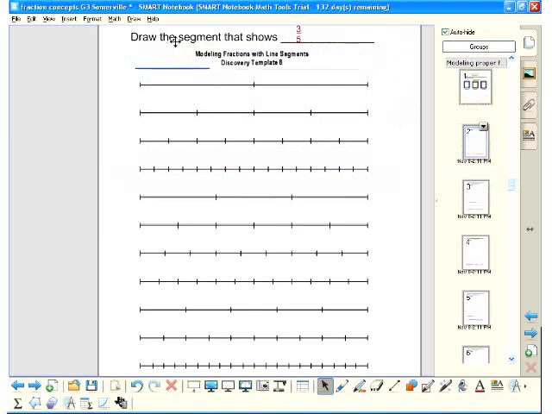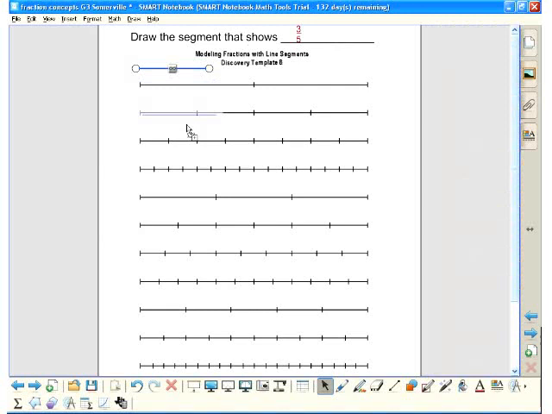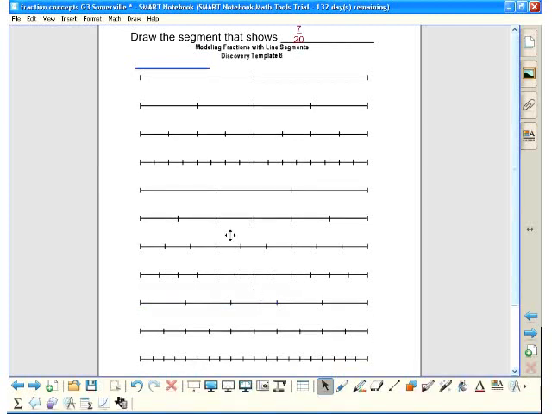And again, you can draw a segment that shows 3/5. What I would do is have the kids realize that if I'm on fifths, that must mean the line I'm going to choose is divided into fifths, and I would draw 3 of them. Then I would go to the next one, and there's the answer. And then I could show them 7/20ths. So I would find the 20ths, and then I would take that and go to 7. So I have 1, 2, 3, 4, 5, 6, 7. And then they would get the idea of what that